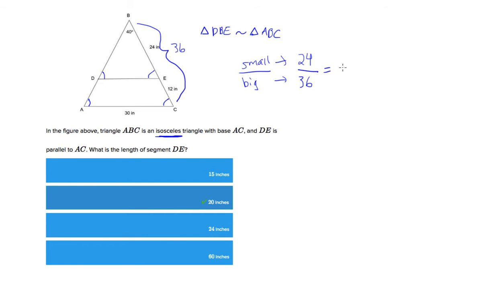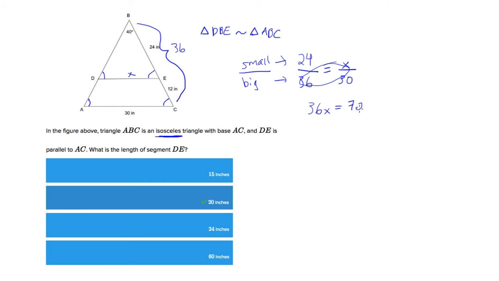And then I'm going to take another piece of that small triangle that I'm looking for, DE, which I'm asked to find. I'm going to call that X. You could also just leave it as DE. And think of this as the bottom of this small triangle. We're going to compare that to the bottom of the big triangle just to make sure we have everything in order. When you go ahead and do this here, cross multiply, and you get 36x